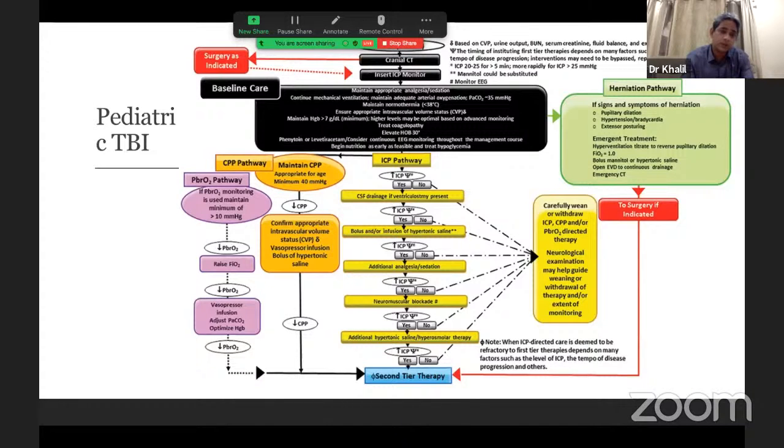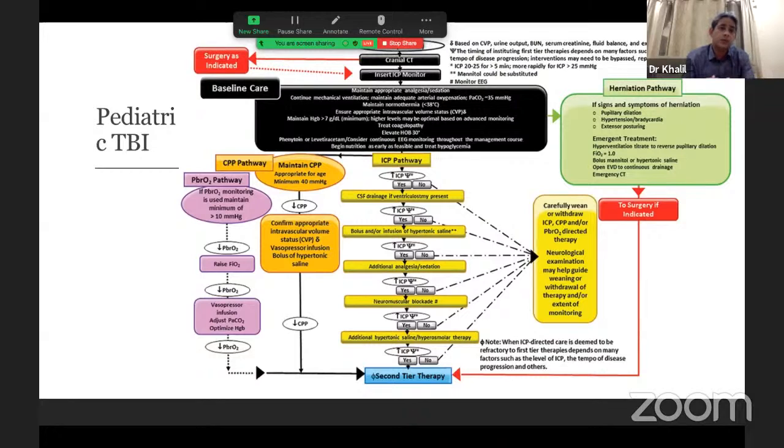Now again, the most important is maintain the CPP, that cerebral perfusion pressure appropriate for age. So minimum should be 40. So confirm appropriate intravascular volume status either by your 2D echo or by your central venous pressure. Start vasopressor. The ideal vasopressor to be used in these scenarios is noradrenaline, and also give a bolus of hypertonic